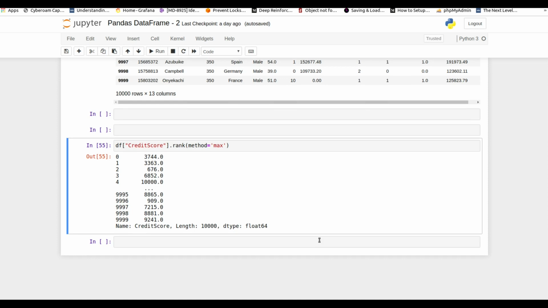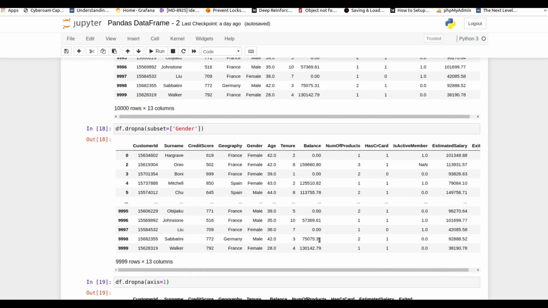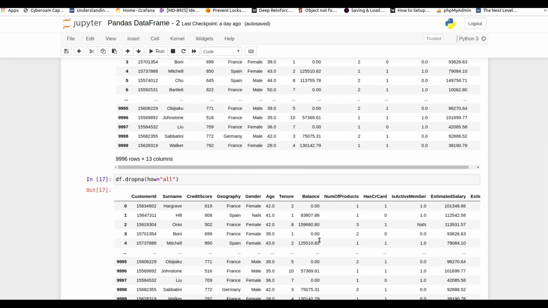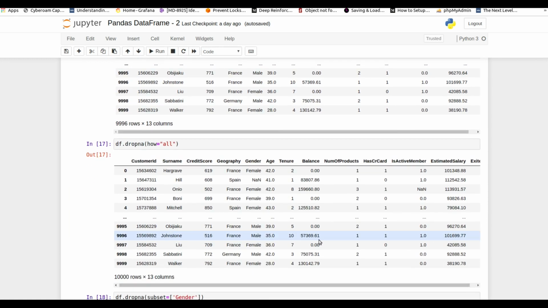So guys, at last let's cover the interview questions from this topic. The first interview question is how to use the dropna function to drop only those rows in which the whole row is NA. Suppose you have a data frame in which a single row, not columns actually, the whole row is NA, and you want to drop only that. How can you do this?